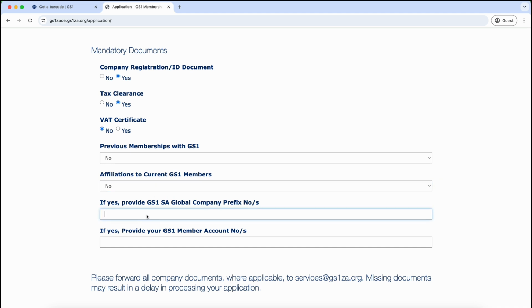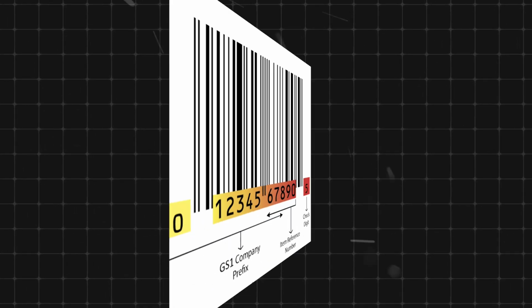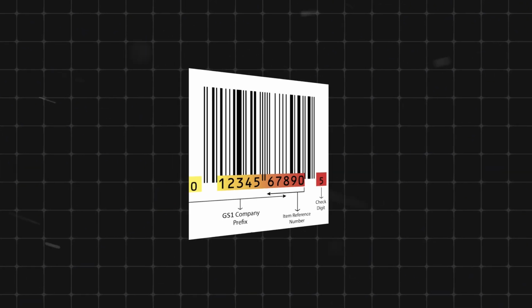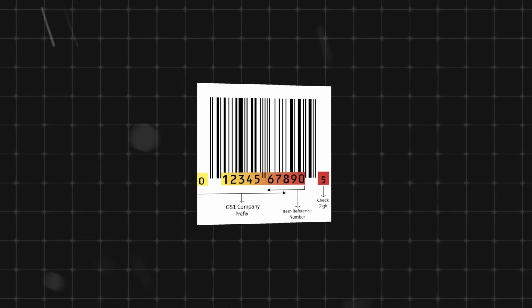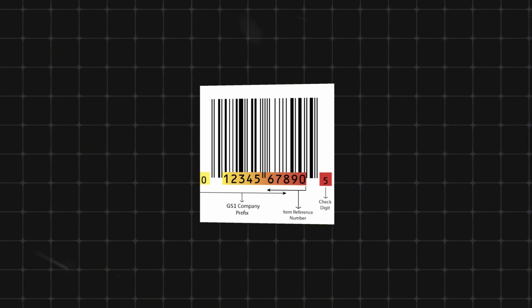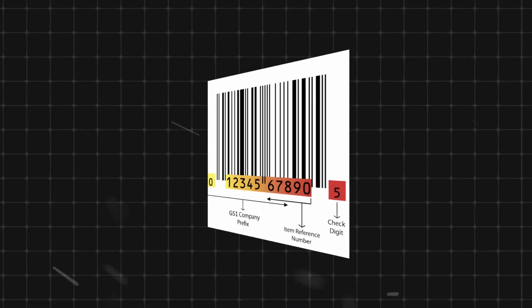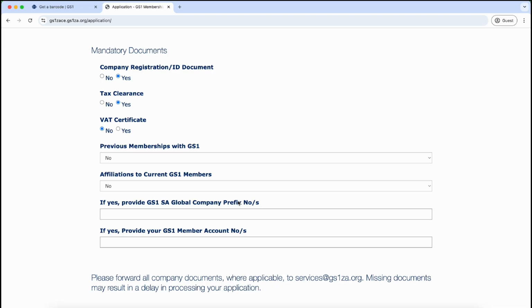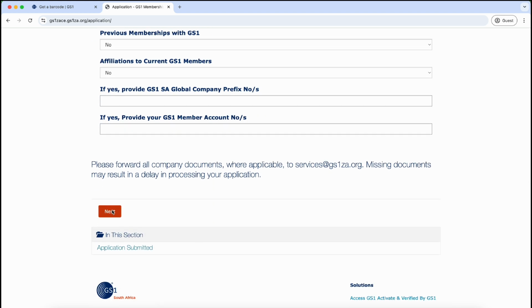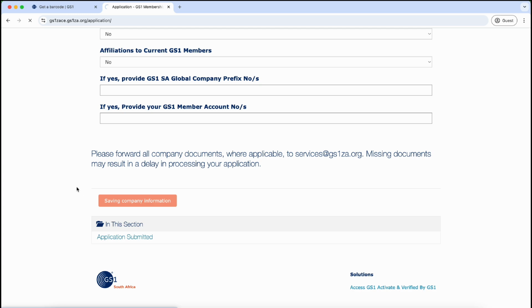And okay, what is this? If yes, provide GS1 global company prefix numbers. So what is a global company prefix number? Whenever you register yourself or your business with GS1, they give you a global company prefix number, which is going to be the same throughout all of your products. The first 6 to 7 digits are going to be your global company prefix number. If you are just starting out or doing it for the first time, you don't have to care about this and can leave it blank. When you are done, just hit next, and I think you'll be asked for